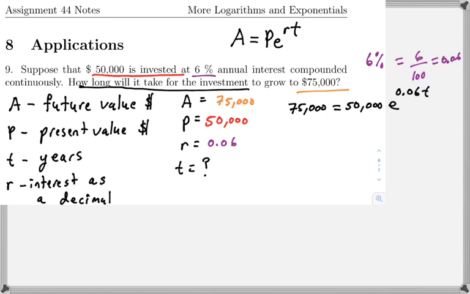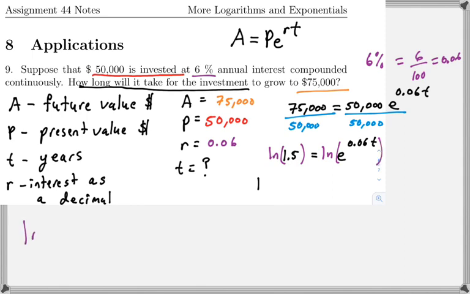We're going to isolate that first, and it's 50,000 times that, so we're going to divide both sides by 50,000. So 75,000 divided by 50,000 is going to be 1.5, and that's going to be equal to e to the 0.06t. We're going to try to solve for an exponent, and so to solve for an exponent, we're going to use the natural log. So we're going to take the natural log of both sides,